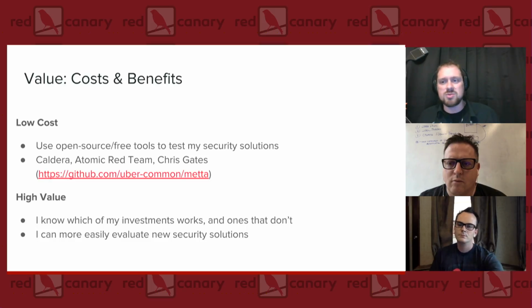Caldera, I think MITRE was working on for quite a while. It has a lot of maturing to do as an automated framework. And now Chris Gates is also working on a tool, part of their Uber Git repository, uber-common/meta. And I think this is probably going to be one of those transformative things